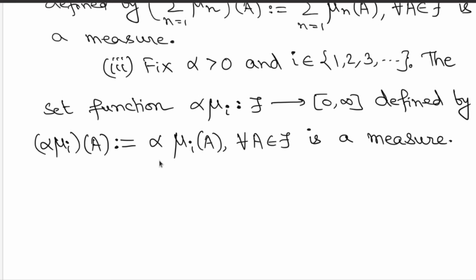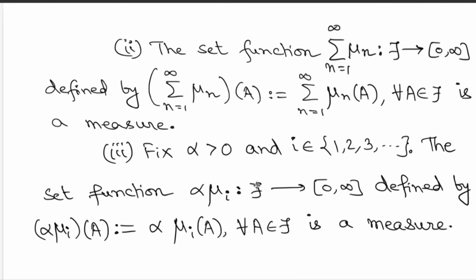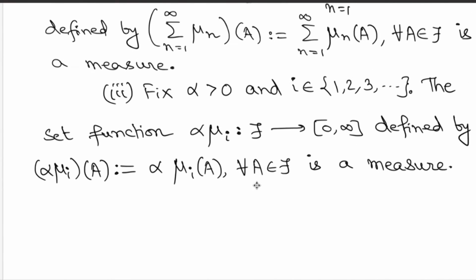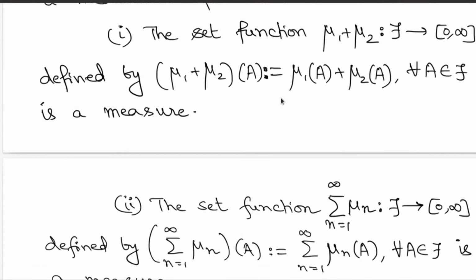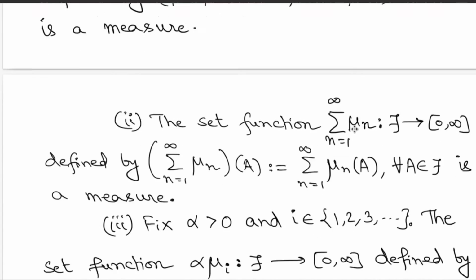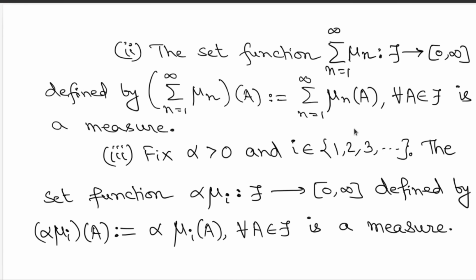But if you put them together, you are getting a non-negative set function which is countably additive, and this becomes a measure. So now these three-part exercises, what does it tell you? It says that you can multiply by positive scalars alpha and also look at additions. So therefore you can look at in general linear combinations of measures. So that is the takeaway from this exercise, that if you have some finite number of measures or a countable number of measures, then you can look at linear combinations or the corresponding countable sum of the measures, multiply by the appropriate